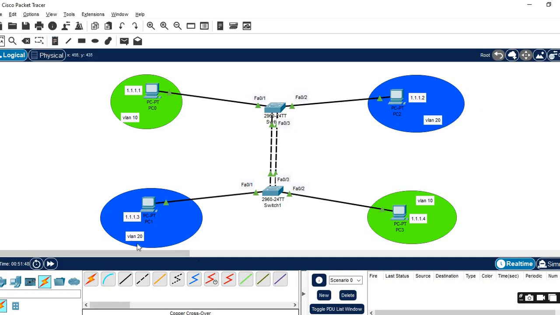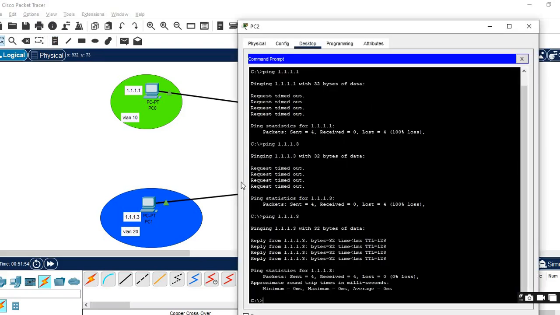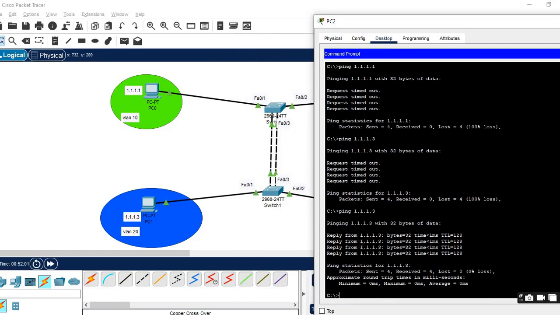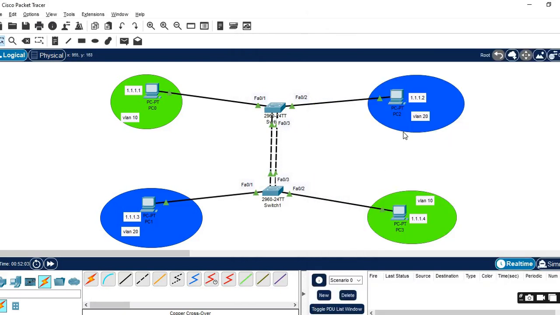So currently, right now, we are in the default VLAN. Okay. We saw that when we connected the second cable, at first they couldn't see each other, but when we connected the second cable, we received the reply. Okay, so